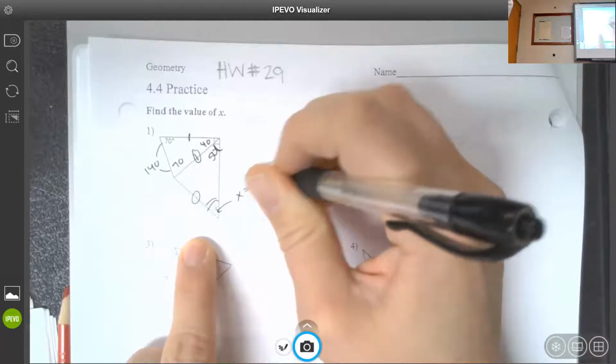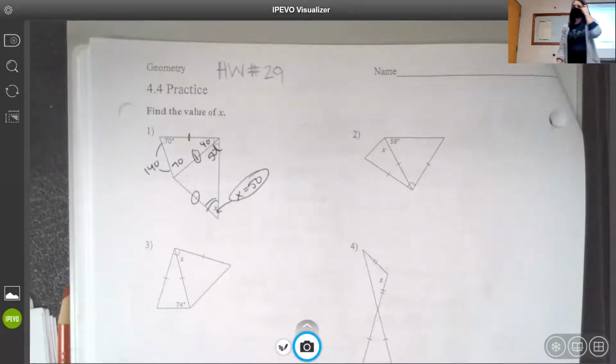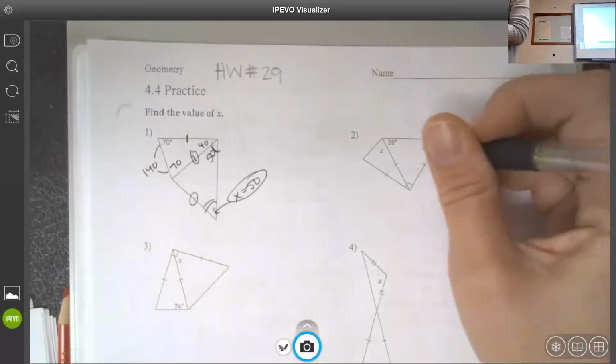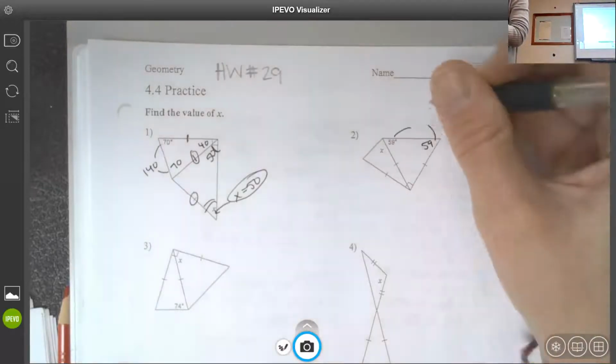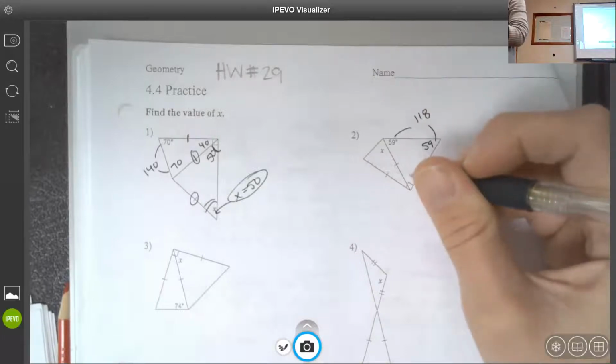I also talked about figuring out which angles are the same yesterday. So remember, it's the angles across from those sides, or you can think about it that these angles have to be on the side that's not marked. So they're attached to this unmarked side. So like here, if I see that these sides, my angle should be on a side that's not marked. So 59, 59. Okay, those are the two angles I know there. 59, 59, which gives me 118,